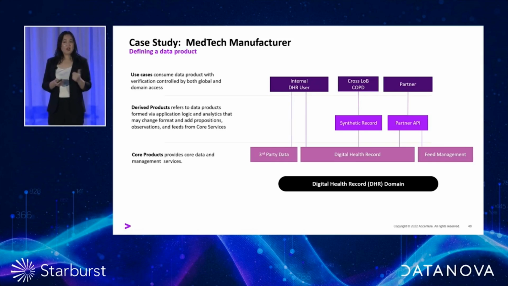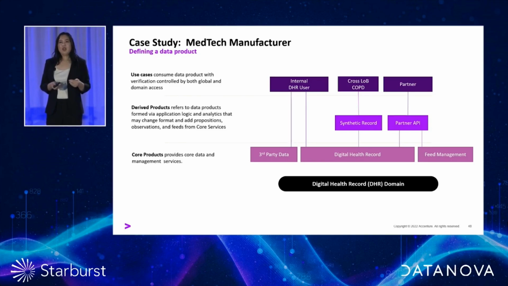There might be another product for another part of the business. Maybe there's a business that's creating solutions and remedies for things like COPD, right, lung disease. And that team might also want to use this data to really power their use cases, right? So ideally, they could also have a raw view of that data, but it might not make sense from a governance perspective, right? So having a synthetic data record for them to experiment with to begin with